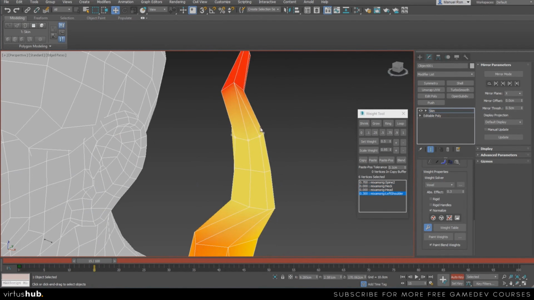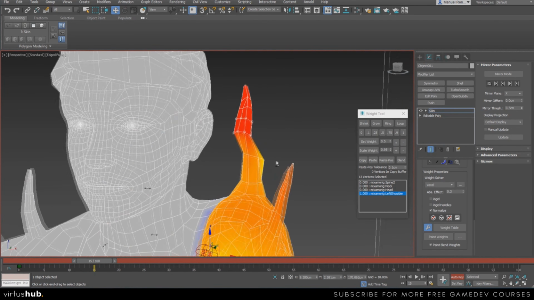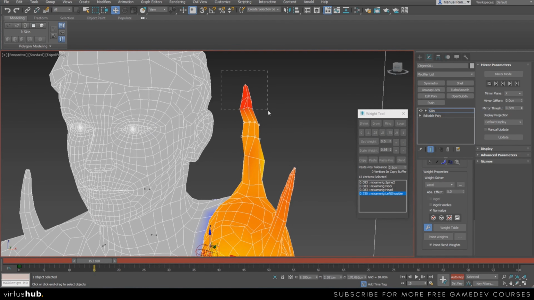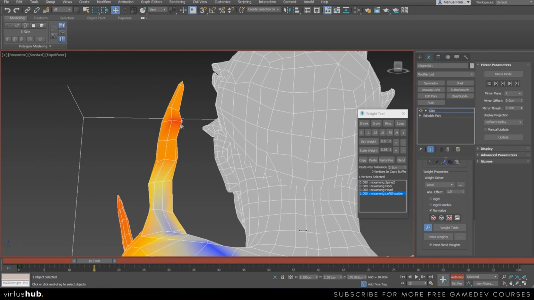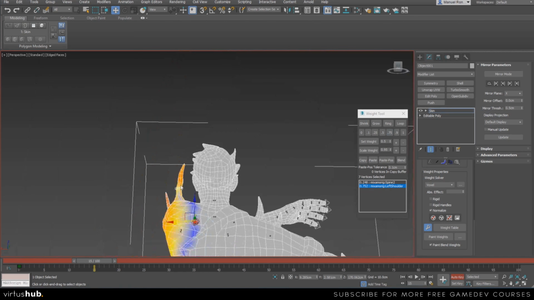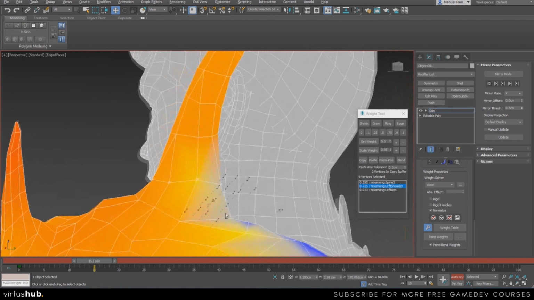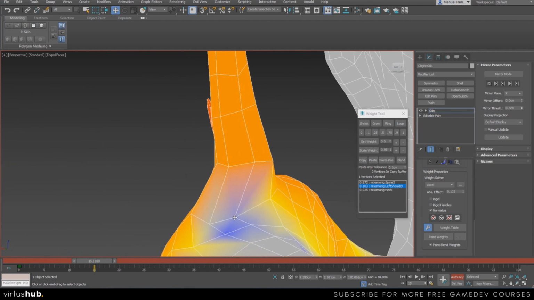All right, so right now we can grab these, and actually we can make these all the way to 1, or maybe 75. And make sure you always have all your vertices, because as you can see there's something that's not good here, so I'm just going to do everything, and I'm just going to click loop and make sure that I'm grabbing all those. So I'm going to do 75, and that way,